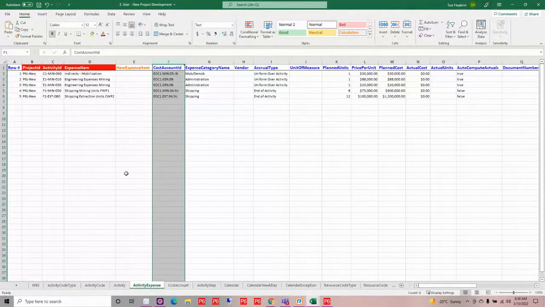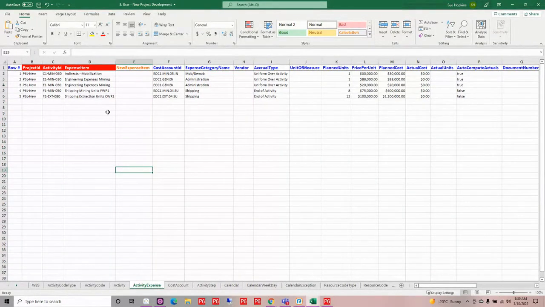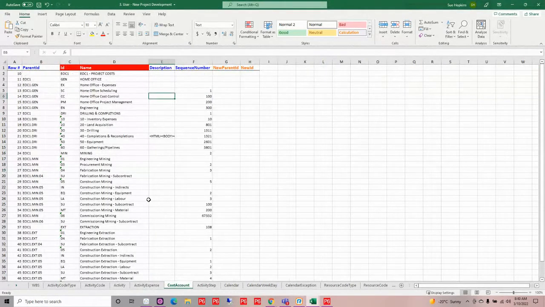Next, I have some expenses that I'm going to be building out for a couple of my activities here. So I've got those expense items that I'm defining. Got some cost accounts that I'm going to assign here, and got my accrual types and my prices. I can also build out my cost accounts. I need a new cost account structure, so I'm going to go ahead and take that and build it